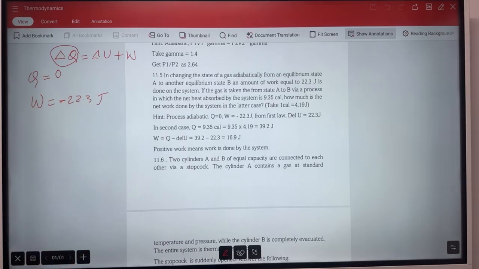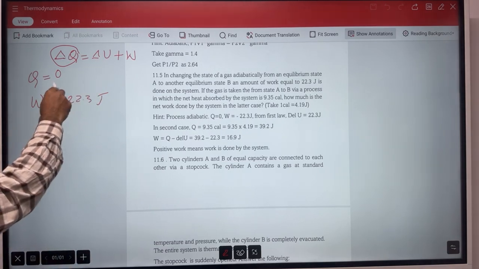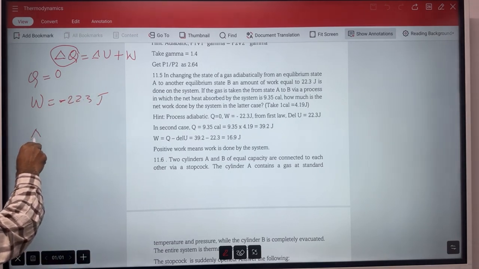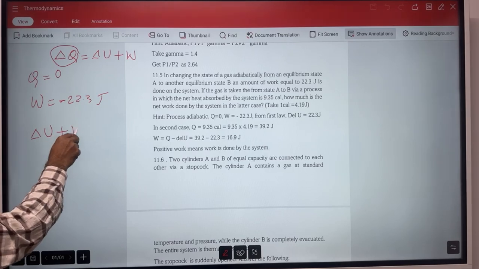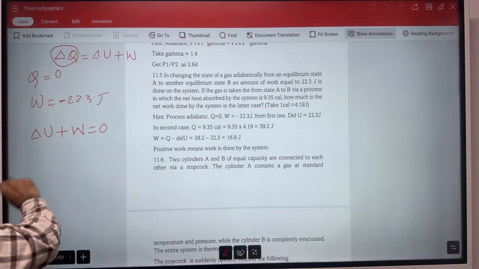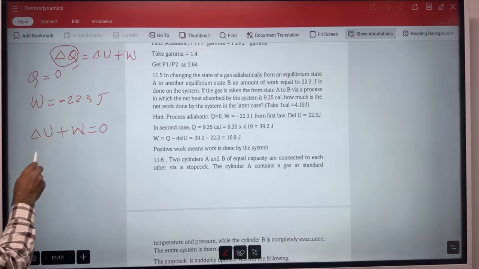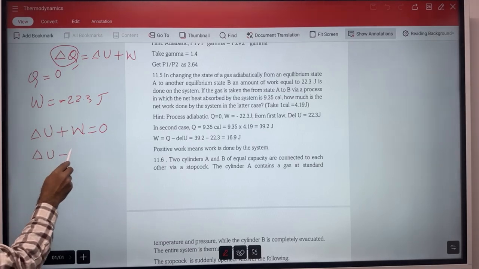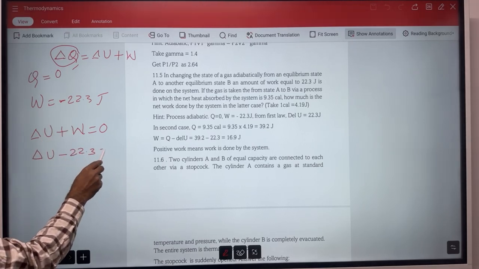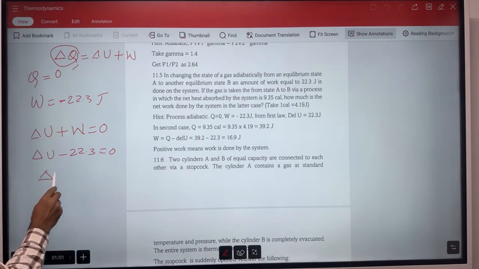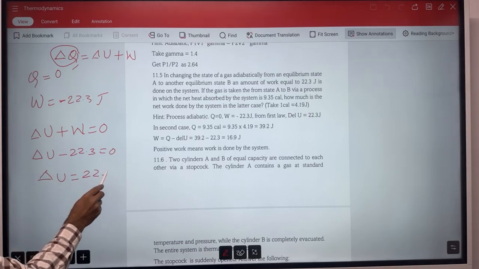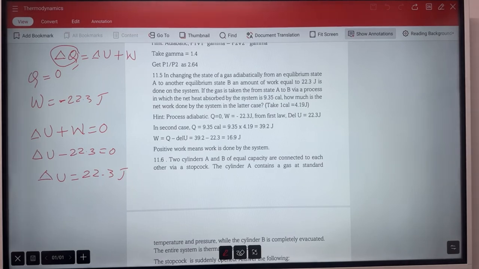If we apply the formula, delta U plus W is equal to 0, right? And we are given W as minus 22.3, so delta U plus (minus 22.3) equal to 0. So we can get delta U equal to 22.3 joule. So there is no doubt. Now,